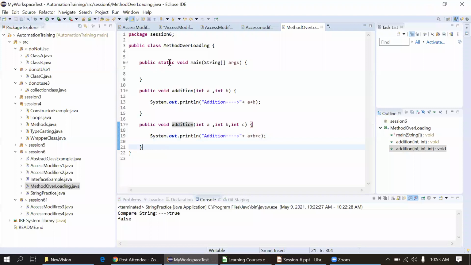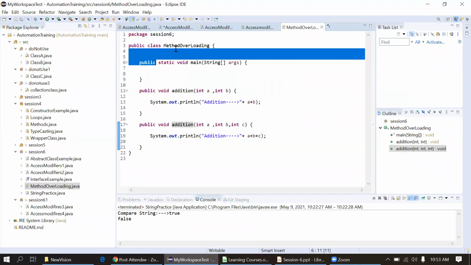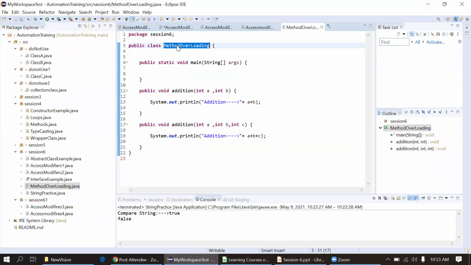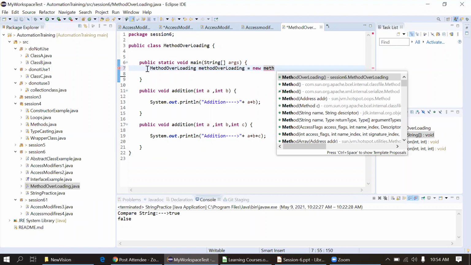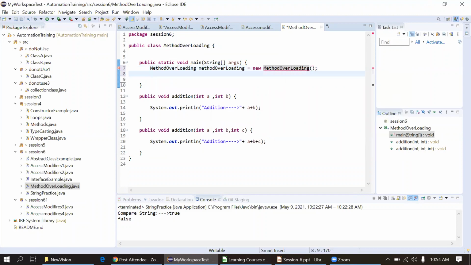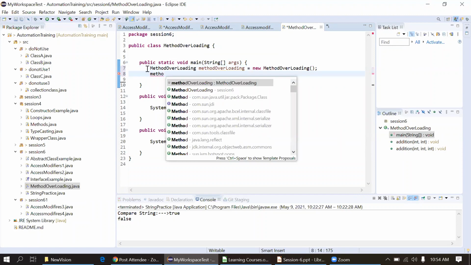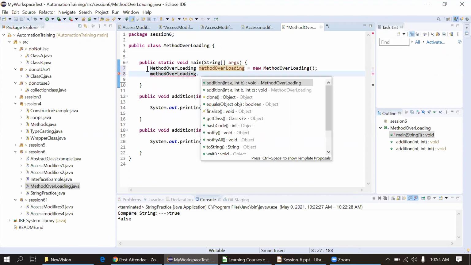So I will call this method from the main class. I will create the object here, MethodOverloading. Every time I'm using Ctrl+Space to get the suggestions here. Dot addition.